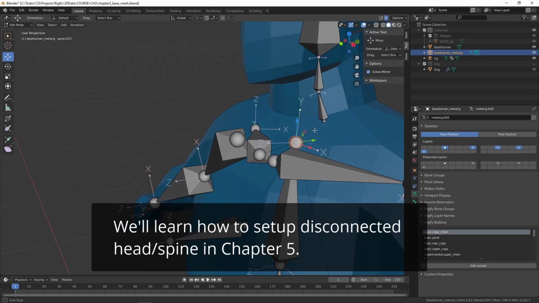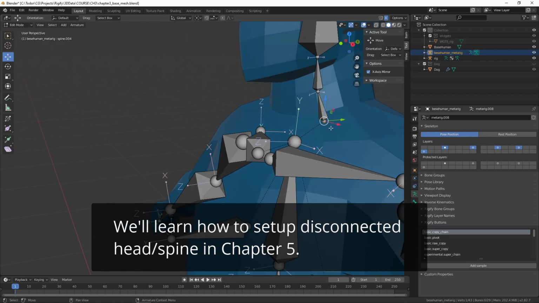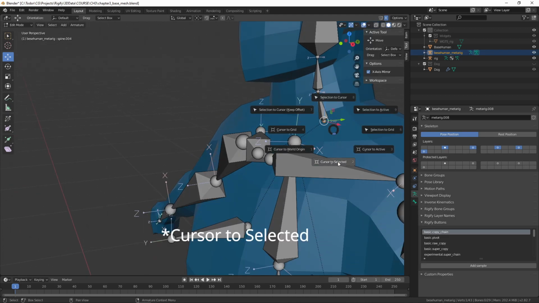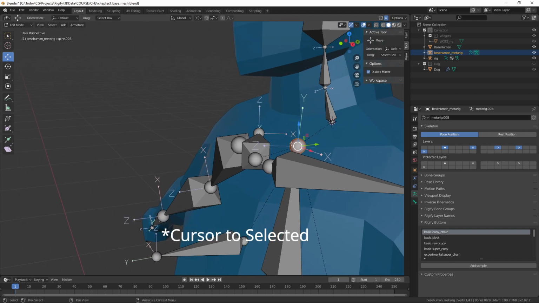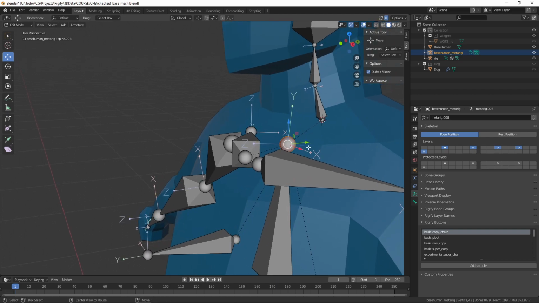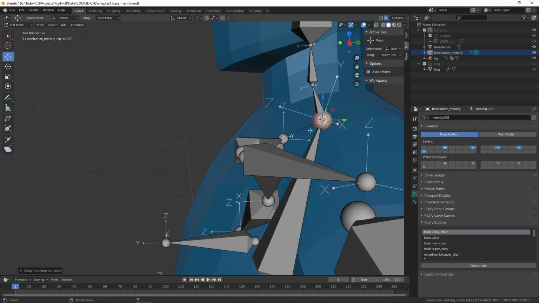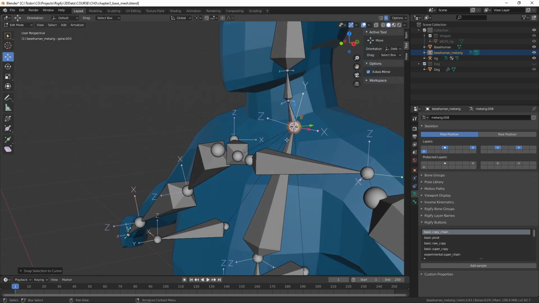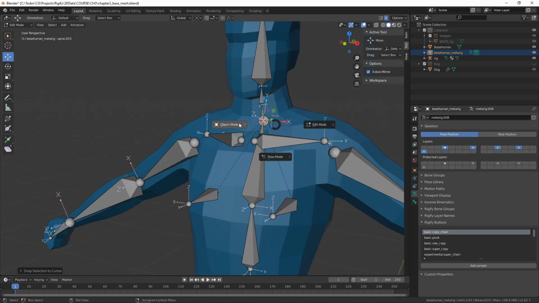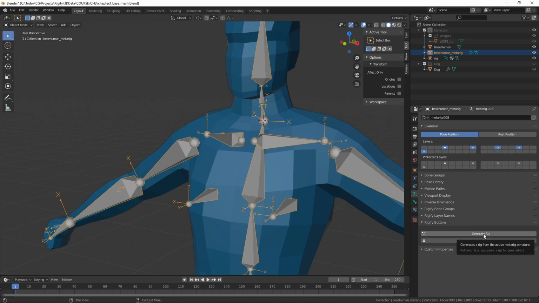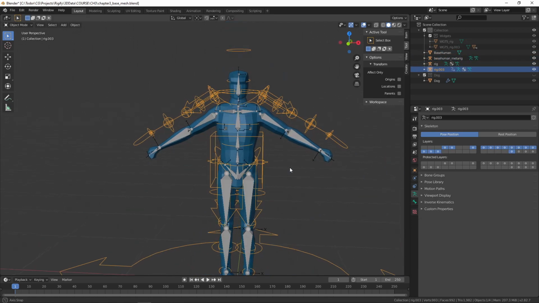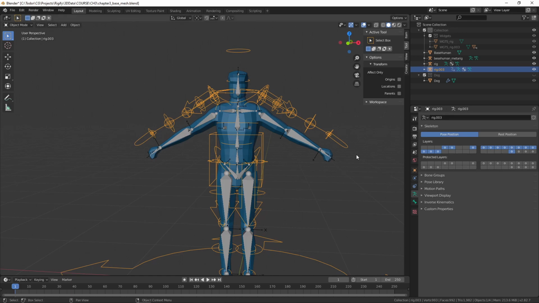So let's align them. I'm going to select the last nodule of the neck. I'm going to press Shift-S, selection to cursor. And then selecting the last nodule of the spine, I'm going to press Shift-S, selection to cursor. And that gives me perfectly aligned spine and neck. Back to object mode, and I'm going to press Generate Rig. As you can see, it did work. However,